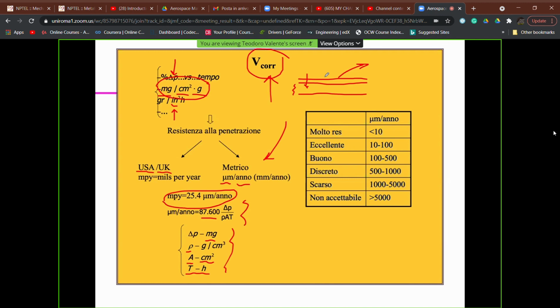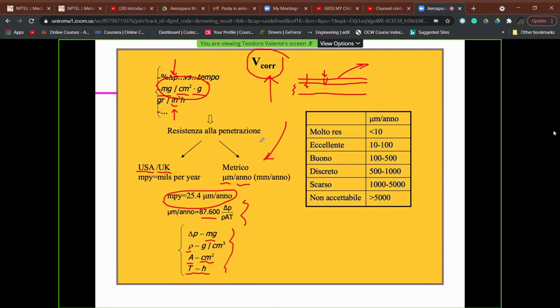Otherwise, we are going to commit a very strong error and a very dangerous error. Think, for example, of the case in which we have pitting, so very small holes. In this case, we can have some areas in which we do not have pits, so we have no thickness reduction, and some other areas in which we have pits and so thickness reduction. We cannot say that the behavior of the surface is homogeneous. We are not in the case of uniform corrosion, and so in this case, this simple unit of measurement cannot be used.